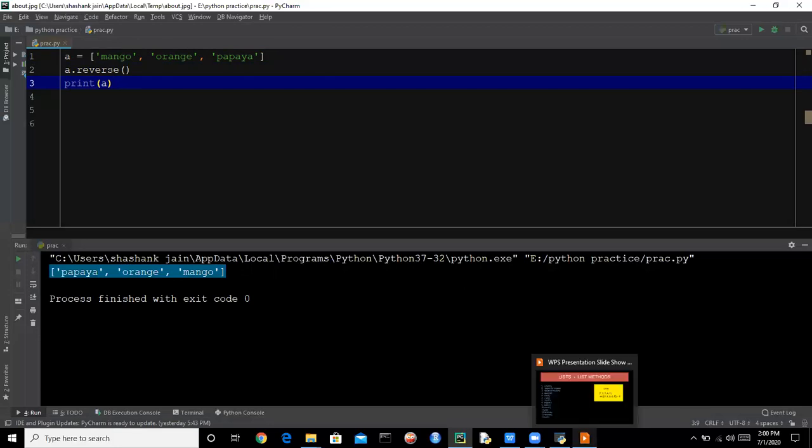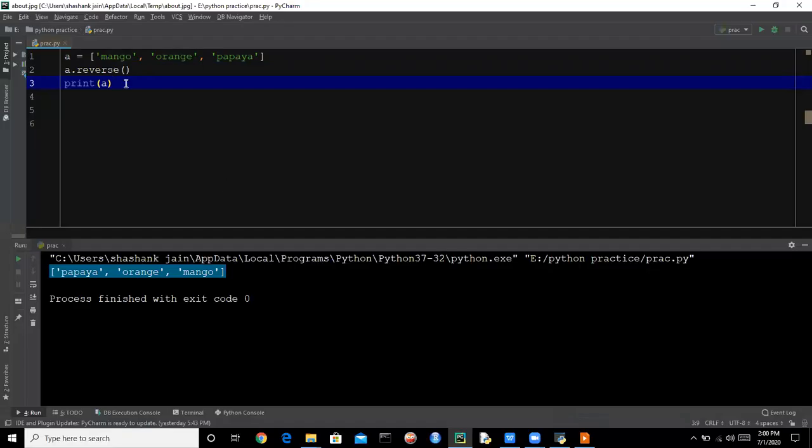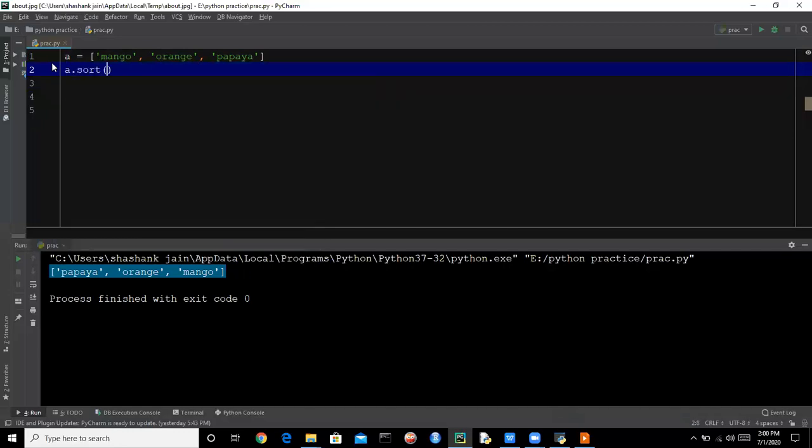So let's go to the next one, that is sort. The sort method is very useful in Python. Whenever you want to sort a list, you can use the sort function. This function will sort the list from the first character of the string.